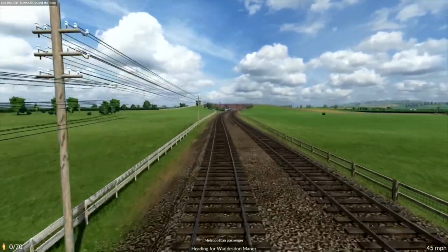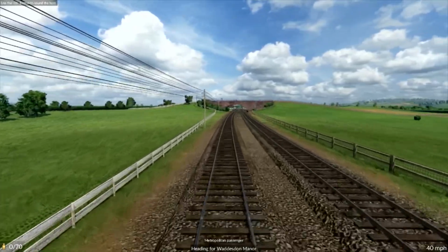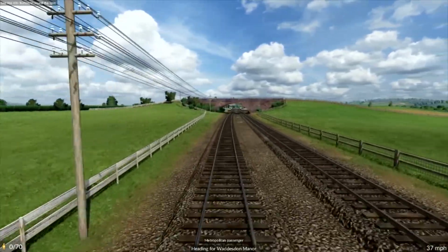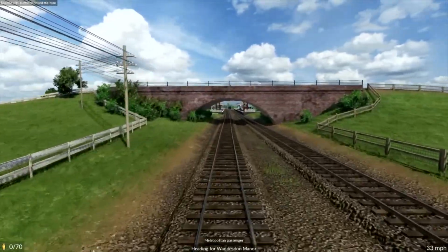And over to the right you can see the hill of Quainton, below which is the modern day village of Quainton, near to which is Quainton Road Station. But we're just coming into Waddesdon Manor,